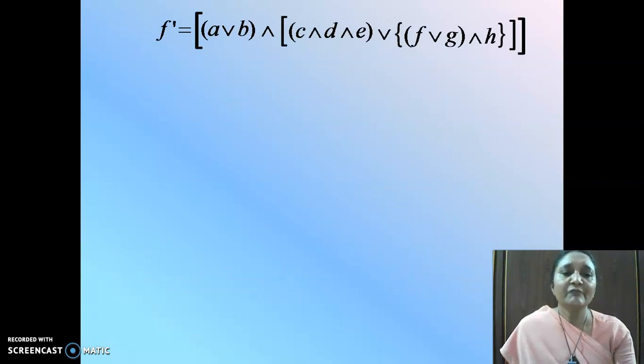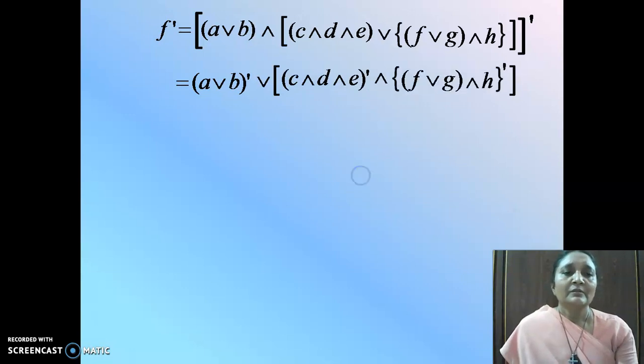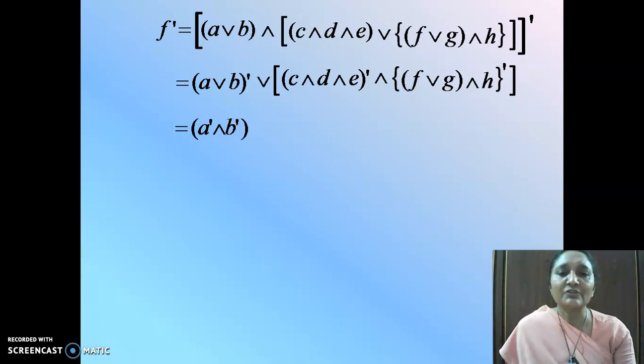Apply the unary operation for complementation, and when you apply the unary operation, you have to apply it for every element of the function. So we have the function as A join B the whole dash. Your meet becomes join in the complementation and join becomes meet, and so you have the condition. Here I have just skipped the second step and moved on to the third step, assuming that you know how to apply the unary operation. Now you again apply the unary operation for every element of this function.